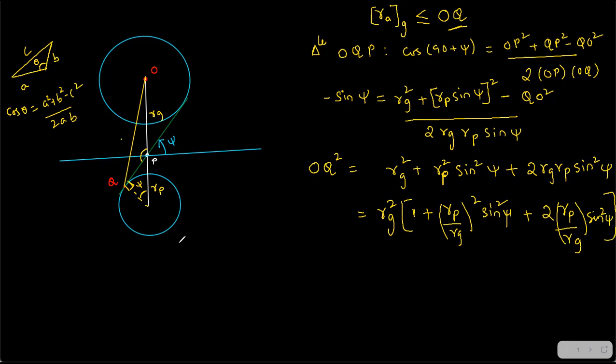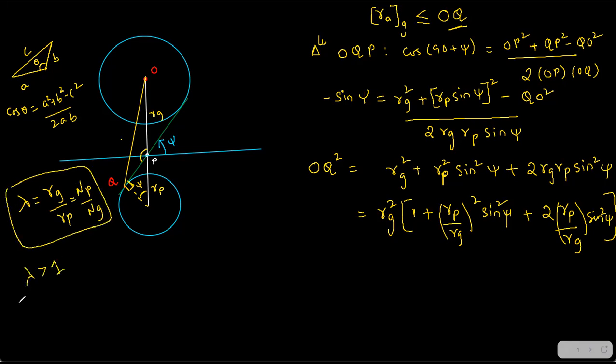Here we have a term called gear ratio, which is lambda. Gear ratio is always equal to RG by RP, which is equal to NP by NG. So gear ratio can be written in this way. And gear ratio is always greater than 1, so check properly and write it down. See, RG, the radius of gear, is obviously greater than the radius of pinion, right? Pitch circle radius of gear, pitch circle radius of pinion. Yes. So here, how can I complete it?